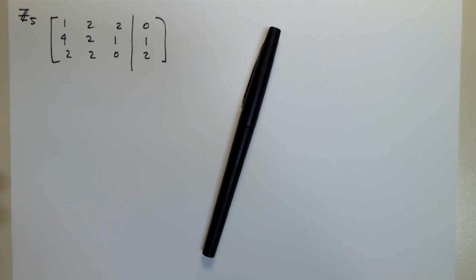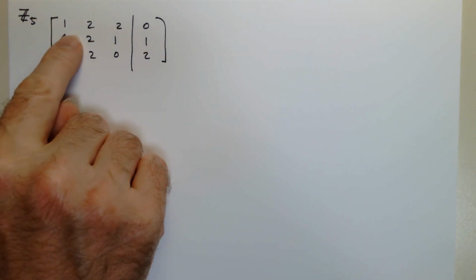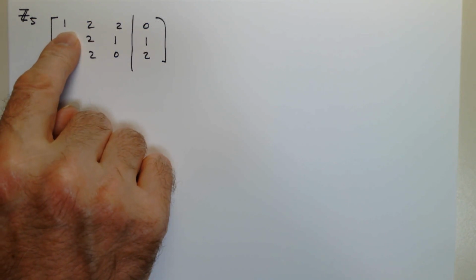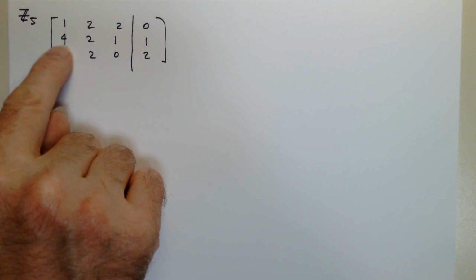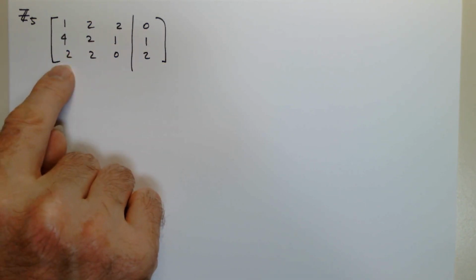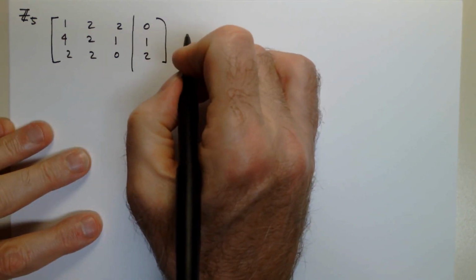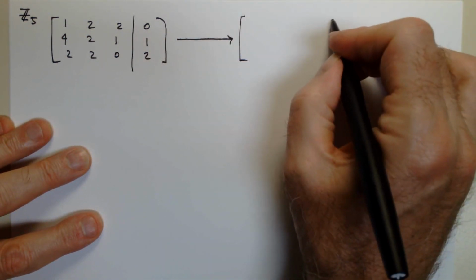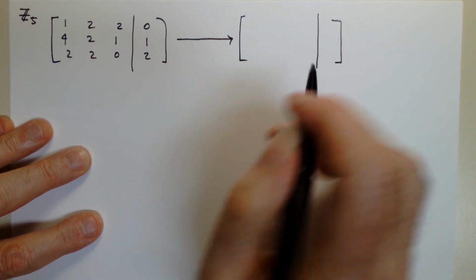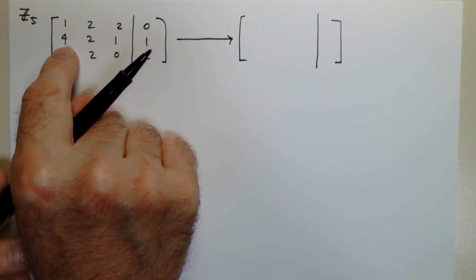So let's begin like we always would begin. We're going to look in this first row and we see we already have a 1 there. We already have a leading entry that's a 1, so we feel good about that. Now we're going to use some type 3 operations to eliminate the 4 and the 2. Now, we have to take some care here. Now, I'm trying to eliminate the 4, and if we were working in the real numbers, we would be using